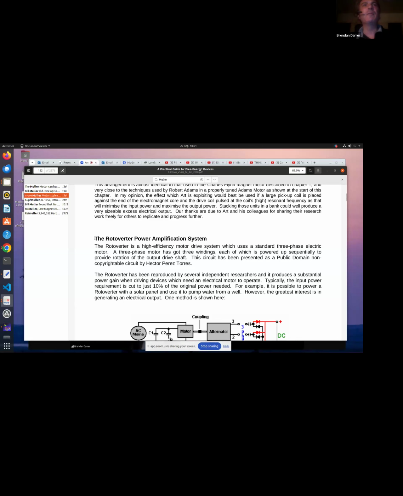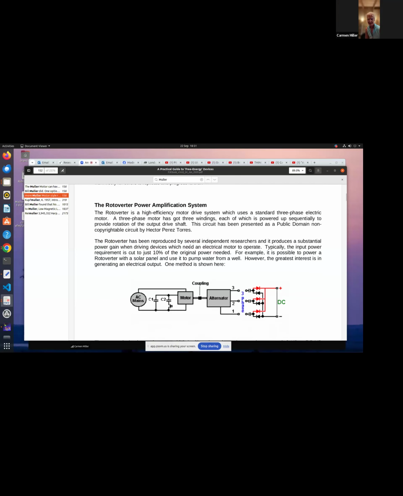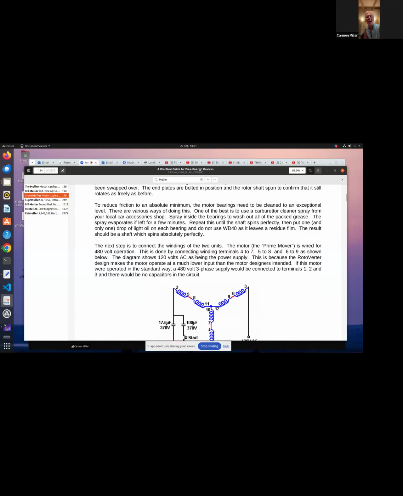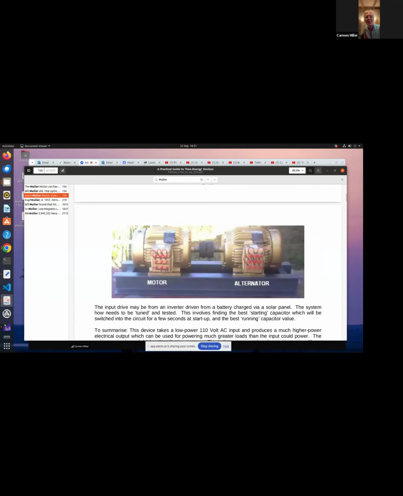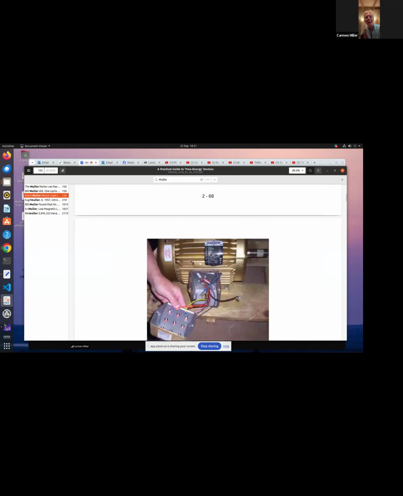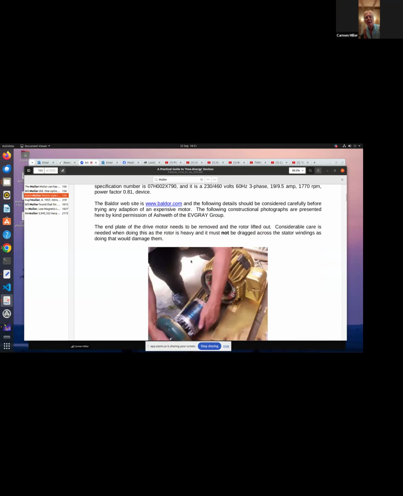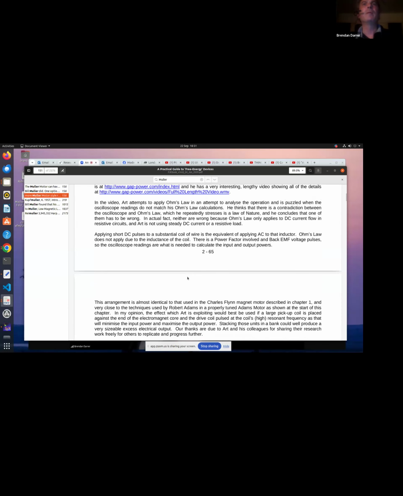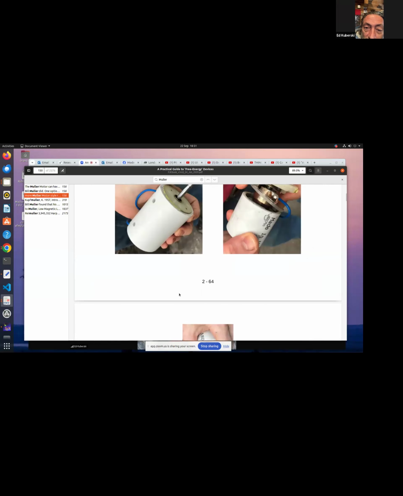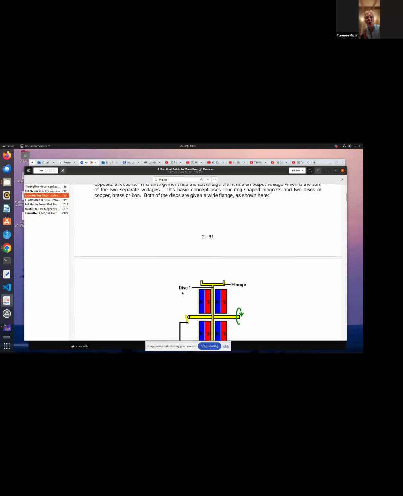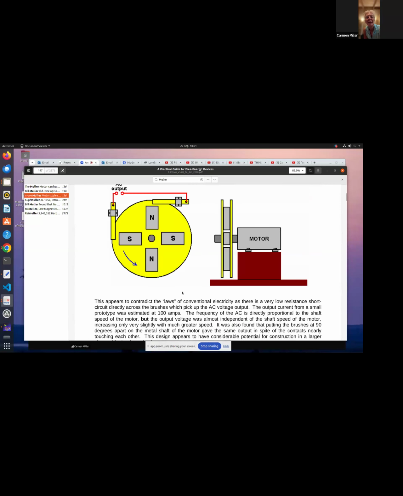Carmen, is this the name of the device that your father made? This one here? No, the rotoverter is a subset machine built after my dad died or during the time. I think these are replicators that you see. Keep scrolling back up. I'll show you if it's my dad's stuff. Does it have to go further up? Yep. Keep going. Okay, that's where they're making the black sand cores, I think. Let me see. Oh, that might be it right there. Let me see. What did that one say?